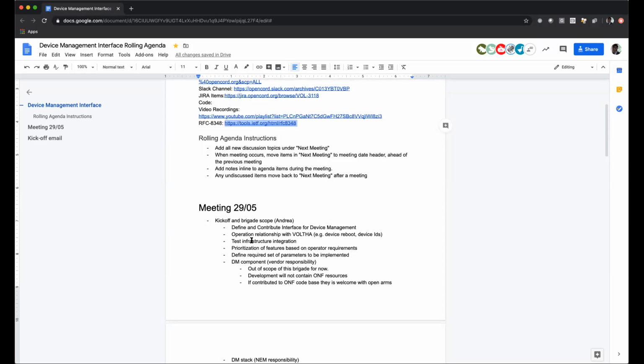So the idea of this brigade is to define and contribute the interface for the device management components. We will have to define the operation relationships with Volta, meaning how do Volta and this component interact, if any, for objects that are common to both. For example, an operation like device reboot, or device IDs, because both Volta and the device management components will interact